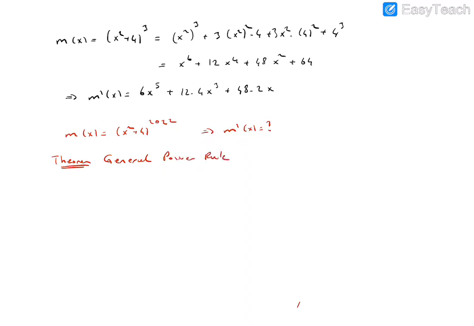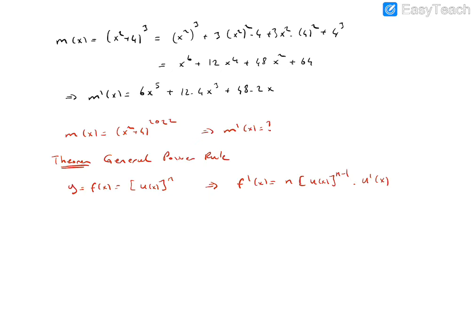I will give the generalization as a chain rule. If y equals f of x in the following form, u of x to the power n, then the derivative of f of x is n times u of x to the power n minus 1 times the derivative of the inside function. Actually here we first calculate the derivative of something to the power n, giving something to the power n minus 1, and then multiply by the derivative of the inside function. So this is called the chain rule.